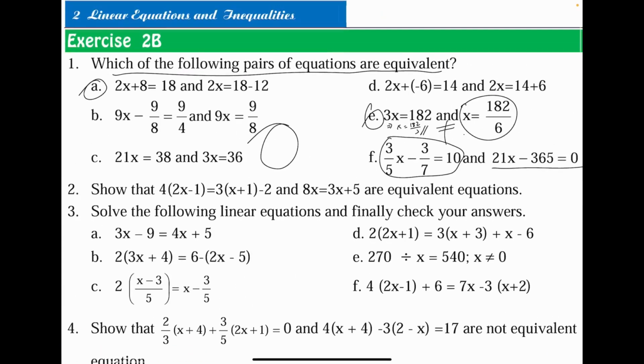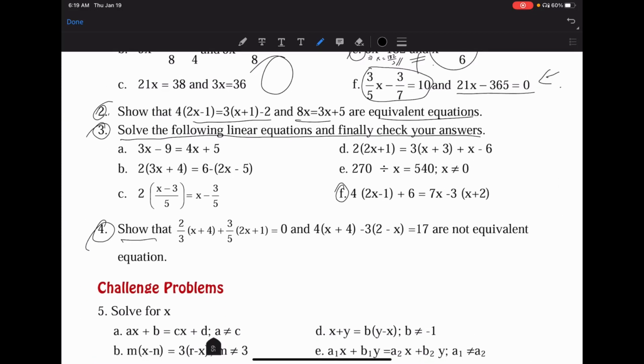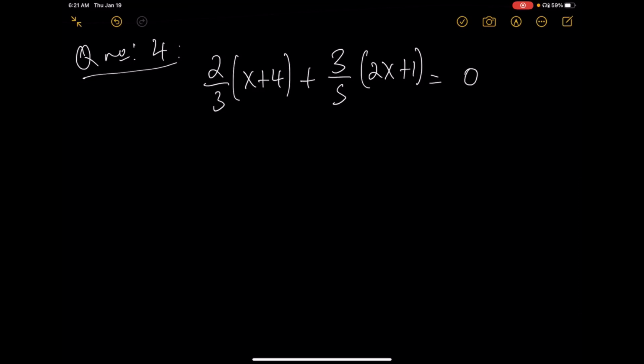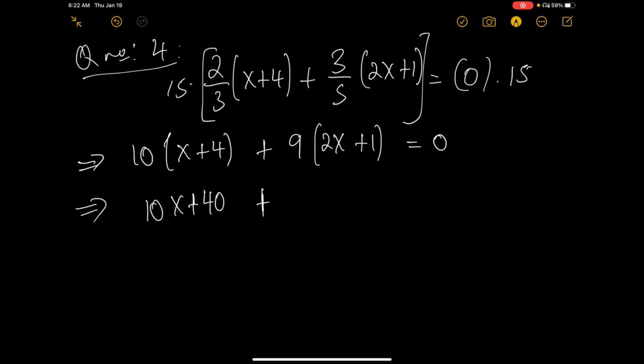Okay, so we saw one equivalent and one not equivalent equation. Good, let's try the fourth. Show that these are not equivalent equations. Okay, if it says not equivalent equations, how do we work it out? This is the first equation. Let's first solve this. Let's multiply both sides by 15, so that their denominators disappear. Okay, what do we get? 10 times x plus 4 plus 9 times 2x plus 1 is equals to 0. Okay, which implies distribute: 10x plus 40 plus 9 times 2x, that is